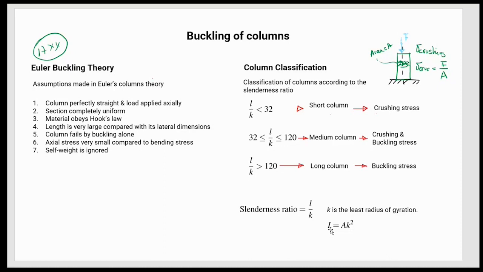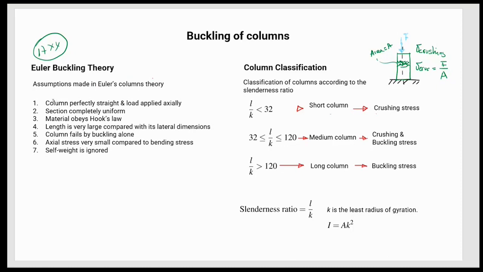Great. Now, let's come back to Euler's buckling theory. You can find 8 assumptions, and they really simplify the way columns are designed. So first,